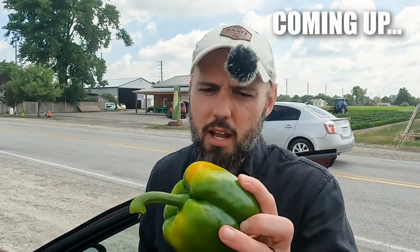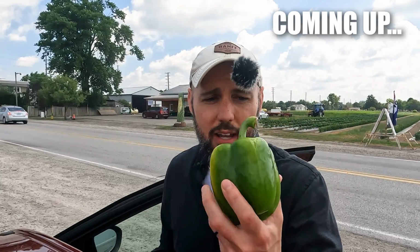I would never eat a bell pepper from the grocery store like an apple, but these ones are,